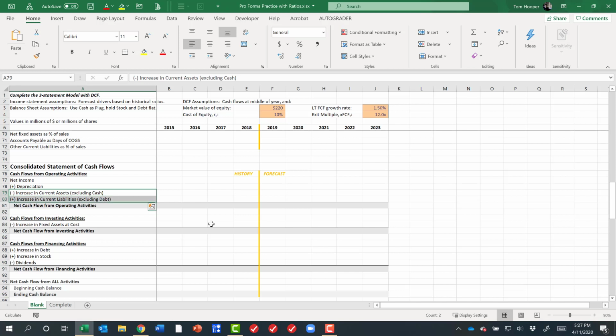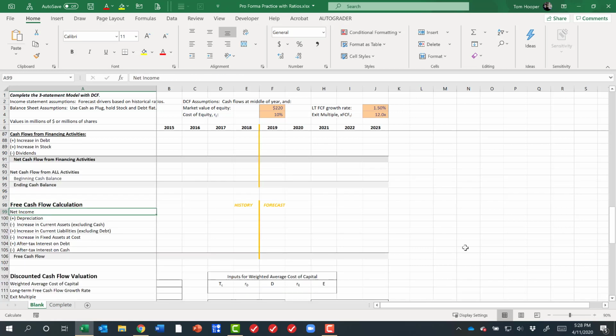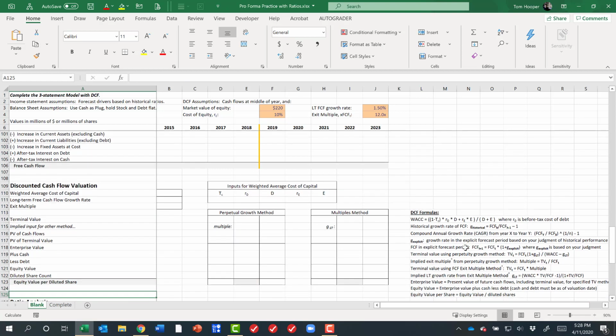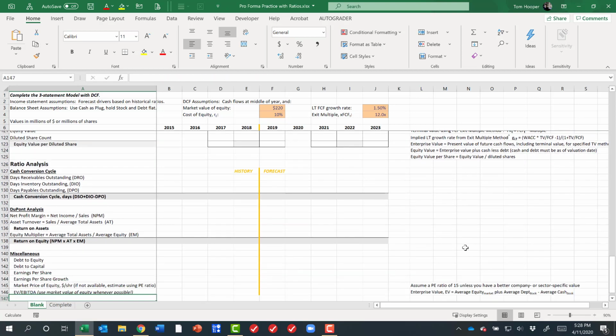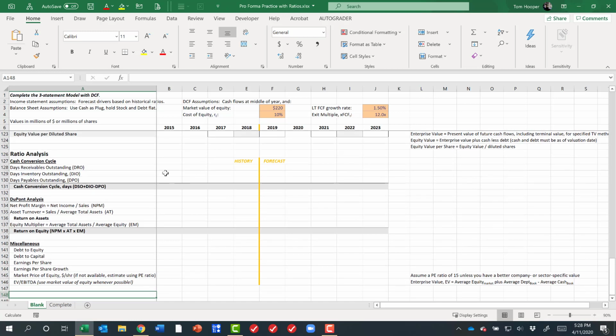I specified that these current assets and liabilities are excluding cash and debt, respectively. Again, on free cash flow calculation, net income, assets excluding cash, liabilities excluding debt. Nothing else changed. Nothing at all changed in this section. And I added a ratio analysis section. So in the next video, I'm going to talk about cash conversion cycle. In the one after that, I'll talk about DuPont analysis. But meanwhile, I've added some miscellaneous